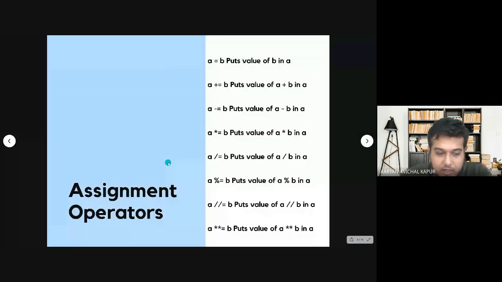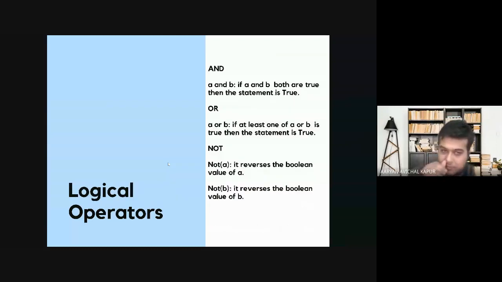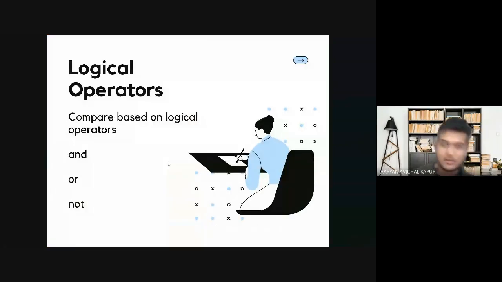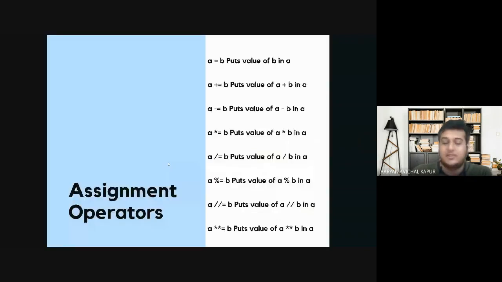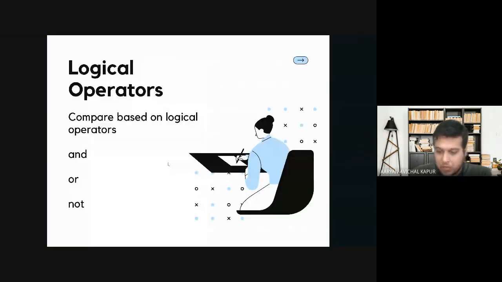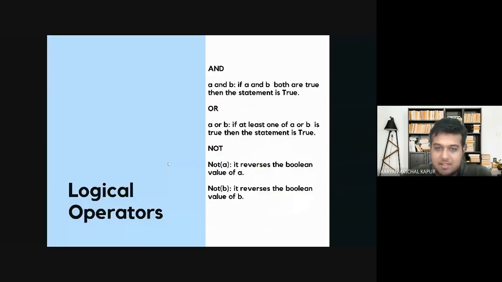We just looked into how assignment operators work. These are purely arithmetic and about storing values from one variable to another based on operations conducted on them. Now we will look into logical operators. What do logical operators actually mean? They bring conditions together, and you can club them based on certain parameters. Once I complete logical operators, I will demonstrate both assignment and logical operators together on the code screen. So I'll just tell you how these work.